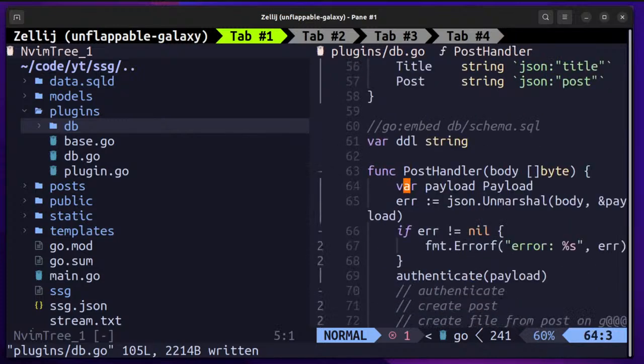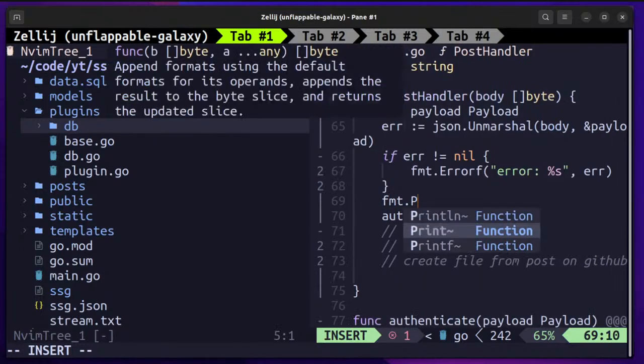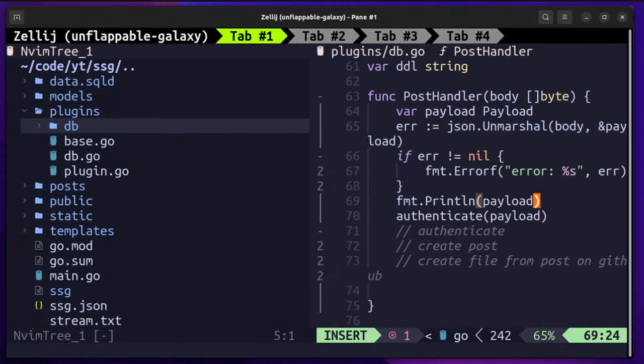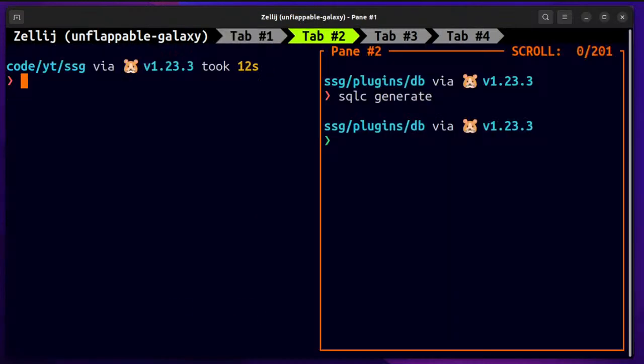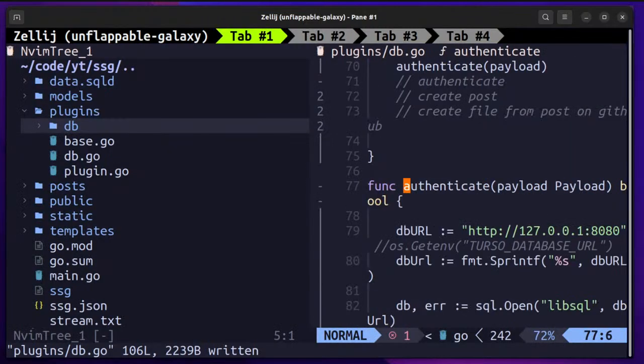Let's go into the post handler and then at least print this payload to indicate that we are indeed calling that. And yeah, we are indeed calling this. So what happens with the